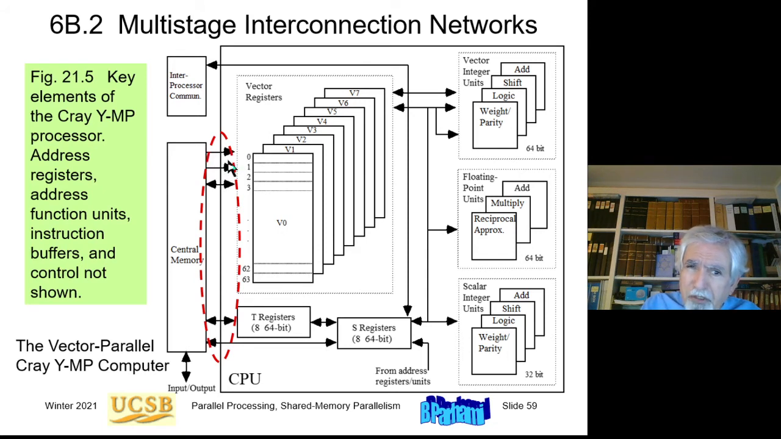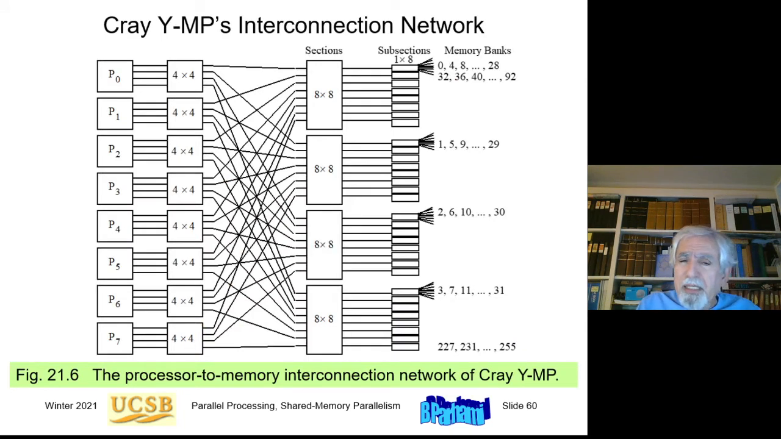Okay, so we fetch vectors into registers. We do operations through these pipeline units, find vector results, and then store vector results into memory. And this is basically the network that allows each processor to access memory through its 4 access channels. So each processor has 4 access channels, and these are the switches that connect the processors and their access channels